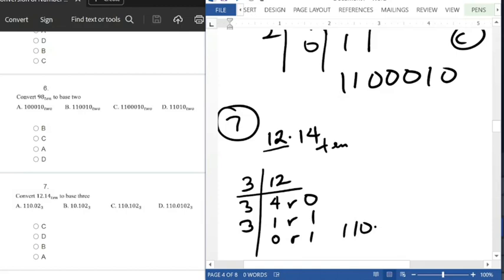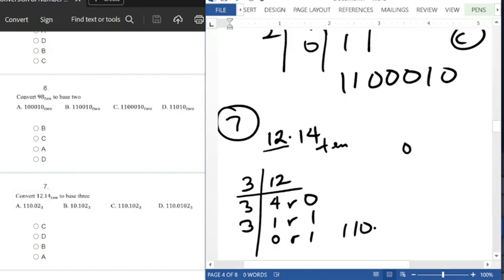So the decimal part will be here. From here now you can see which one will be part of the answer. A is part of it. It could be A, it could be C, and it could be D. So B is out of it automatically. So for the next one,